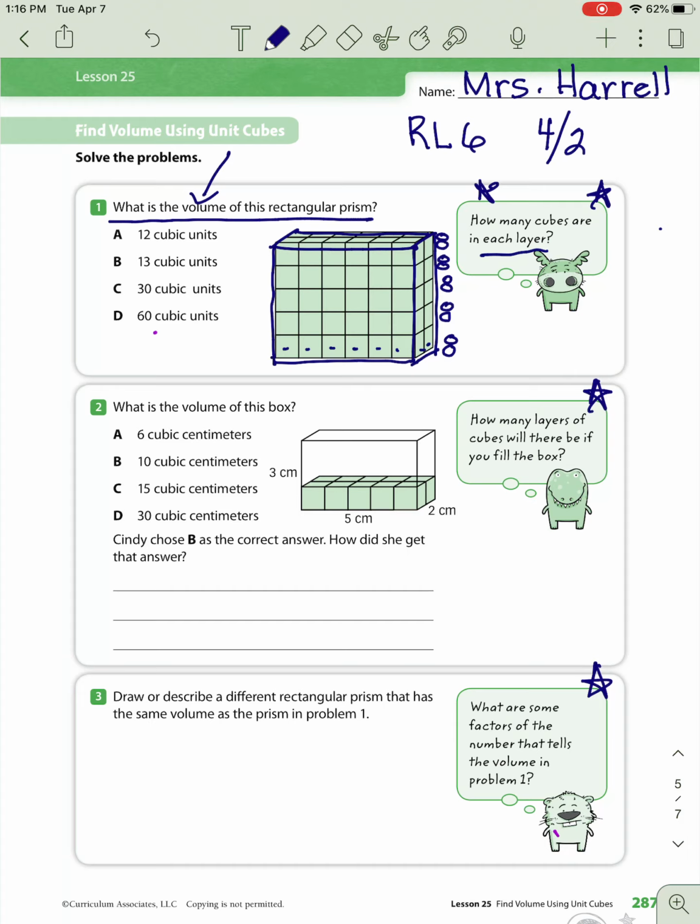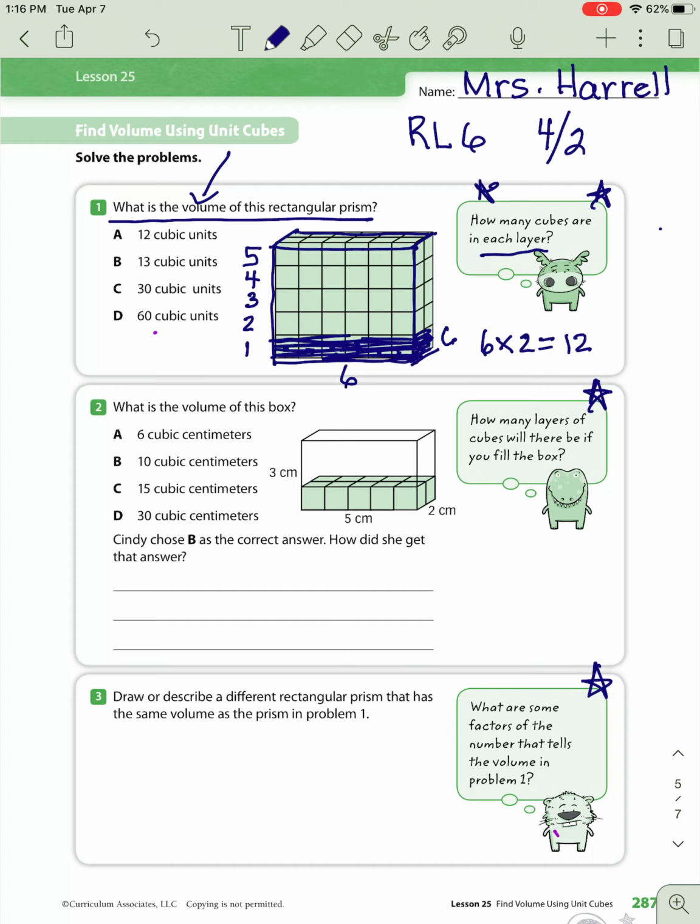Okay, and I've got 1 layer, 2 layers, 3, 4, 5, right? So what I can think about is that I have 1, 2, 3, 4, 5, 6. Whoops, I just messed that up. This is not 8. This is 6. 1, 2, 3, 4, 5, 6, right? We can see 6, but there's a second layer back here that's also 6. So each layer is 6 times 2, which is 12. If we have 12 here,